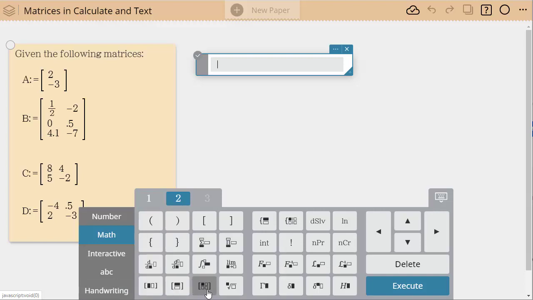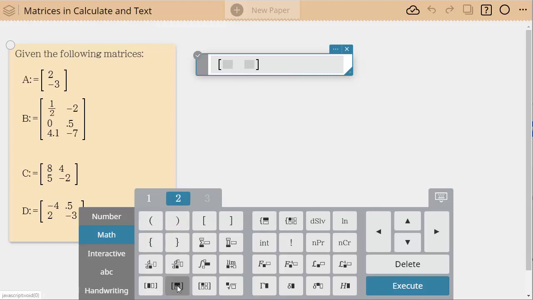And so let me just explain what each one does here. This one right here is a horizontal. So if I click it once, I have what's shown, 2. But let's say I have a 3x1 matrix. If I hit it again, basically it adds another spot, another column in my matrices.